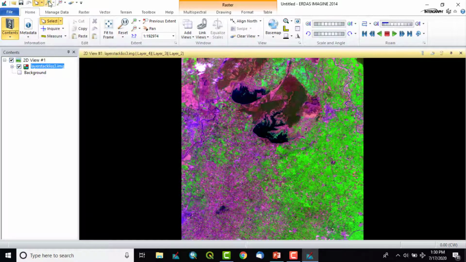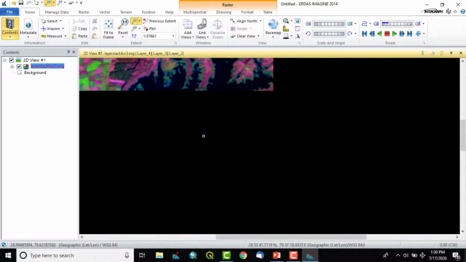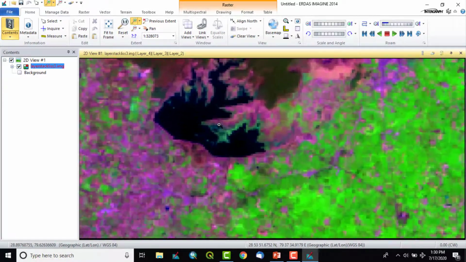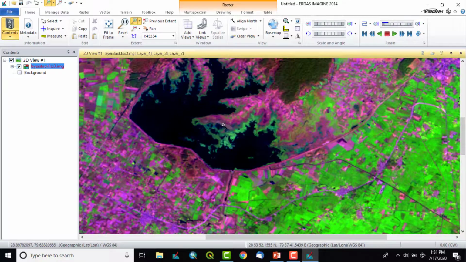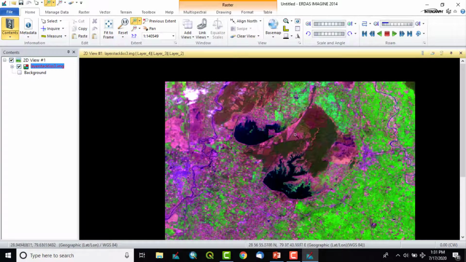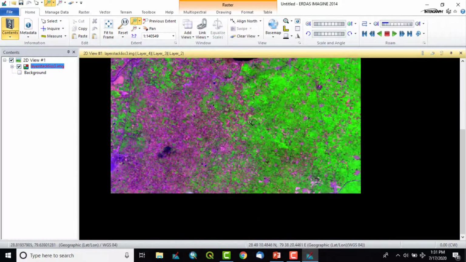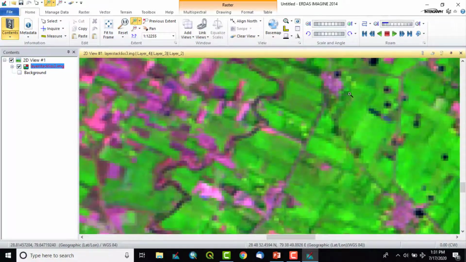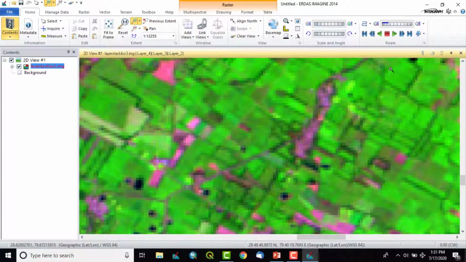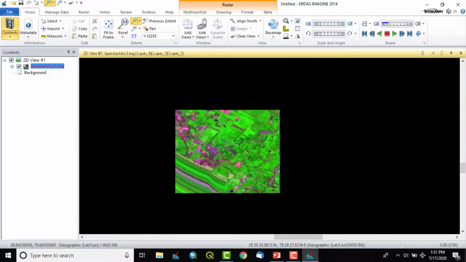Now we can use the options. Zoom in. Suppose I want to zoom this lake or dam, whatever it is. You can also zoom in and zoom out with the mouse itself, the mouse scroll button. Then with the help of the mouse scroll button and dragging it, we can pan the map. Suppose I have zoomed in and I want to see further areas, so I just click my mouse scroll and drag it from whichever direction I want to visualize.